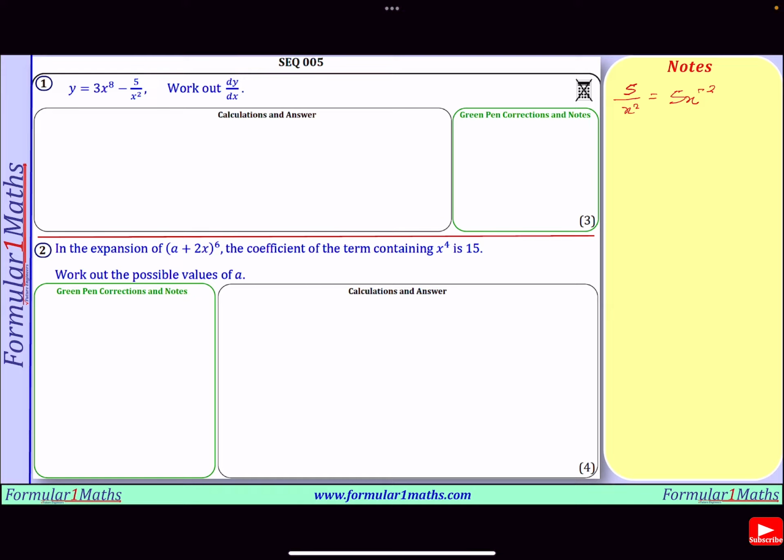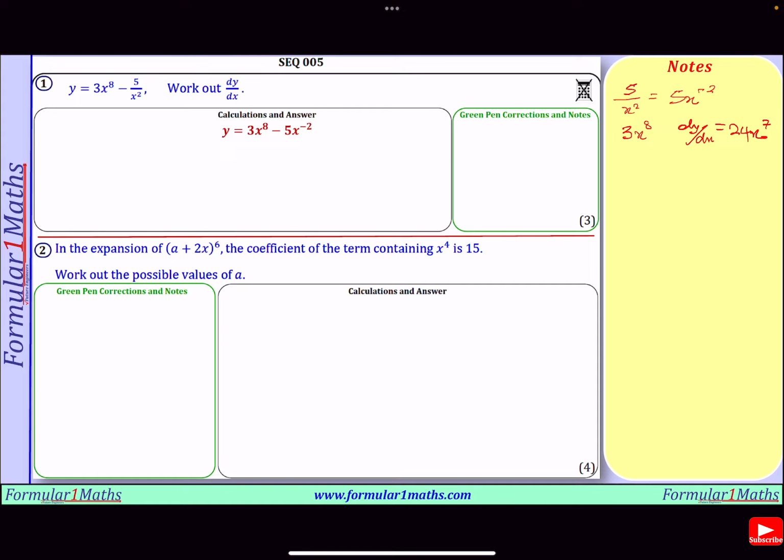So the whole expression becomes y is equal to 3x to the power 8 minus 5x to the power minus 2. For the first term, 3x to the power 8, dy dx will be equal to 8 times 3, which is 24. Then we will reduce the power of the x by 1. So you're going to get x to the power 7. Similarly,